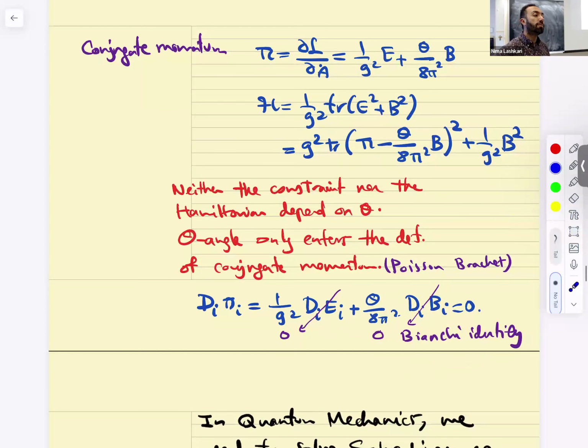This should be familiar from your advanced quantum mechanics. I don't know if you guys see this stuff in advanced quantum mechanics. When you solve hydrogen atom or any quantum mechanical problem with some sort of background gauge field, background gauge potential, background electric field, this comes up. This canonical conjugate is shifted.